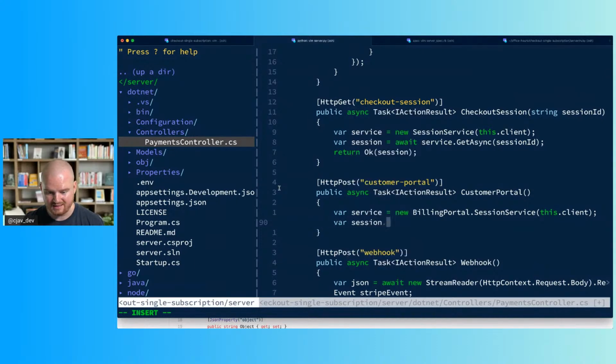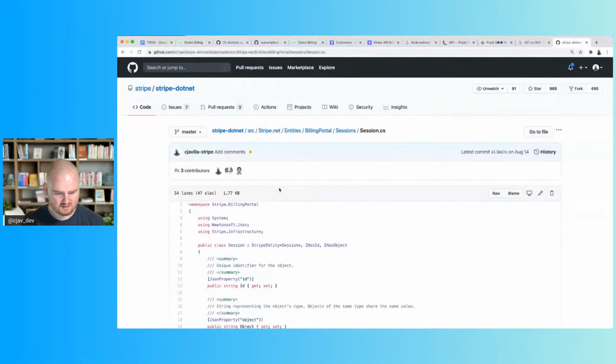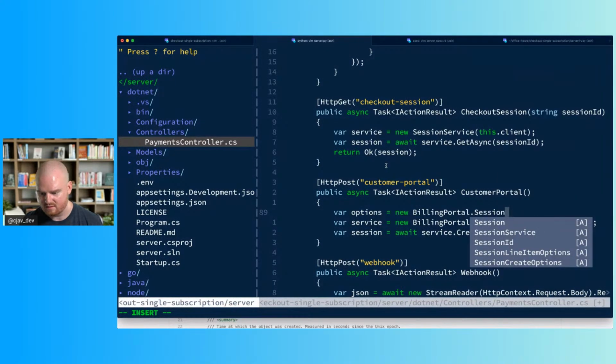Our session is going to be await service dot create async, and we need to pass in options. And those options are going to be defined as a new billing portal dot session create options,